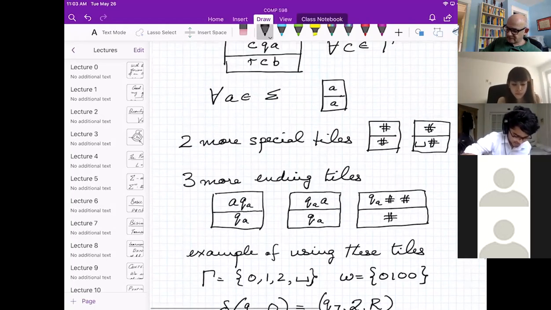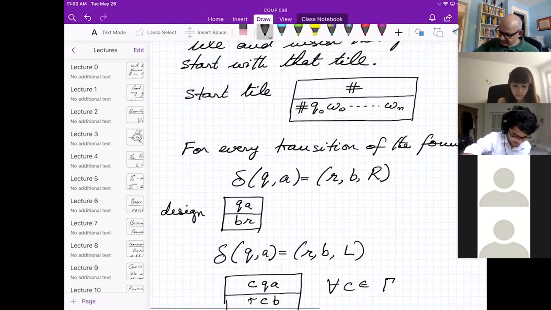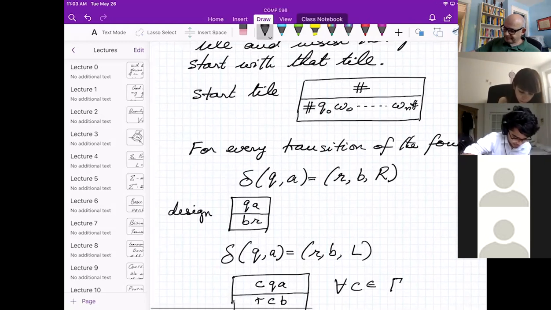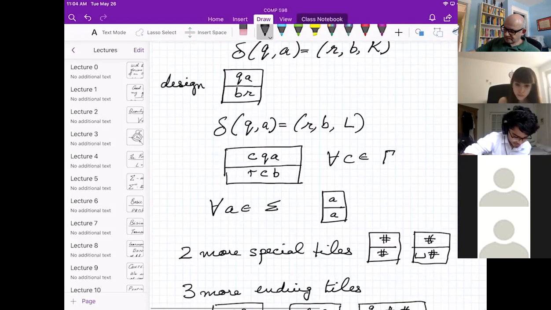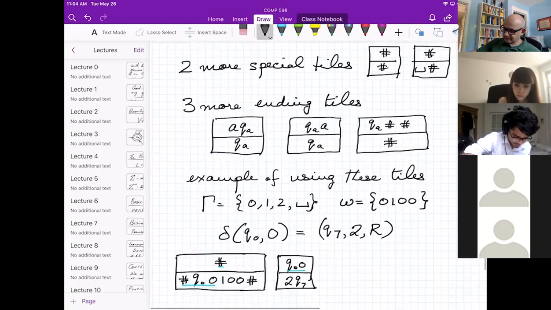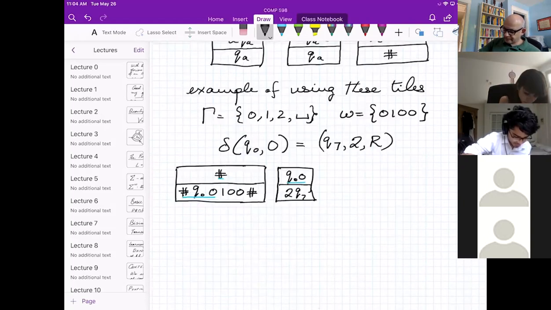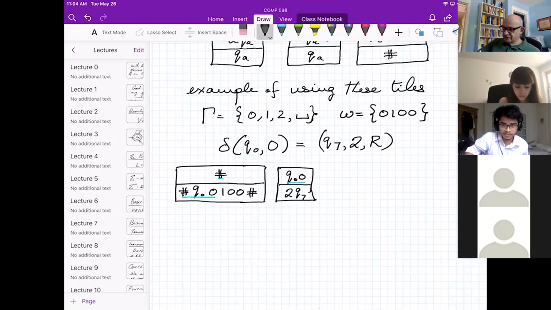And our special start tile should have been like that too. Okay. So here we are. We've got the Q0 matching with that. And now we say, all right, we have to match 100. Well, we have tiles for those things.